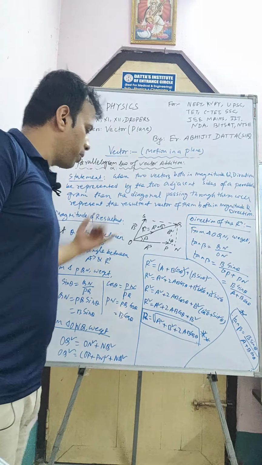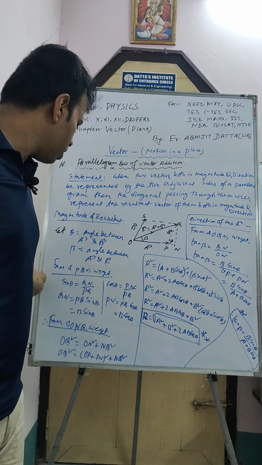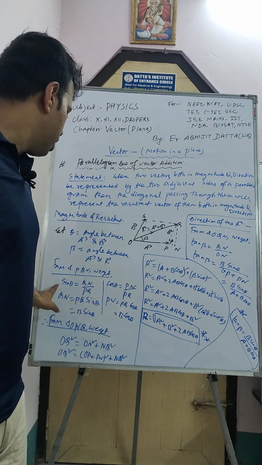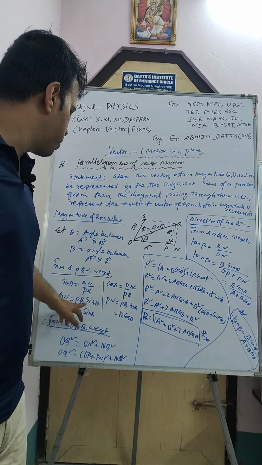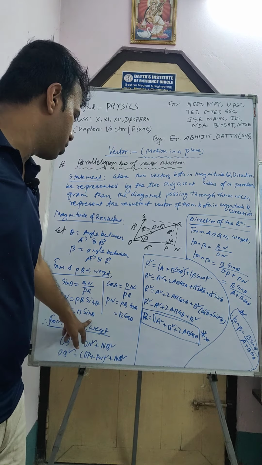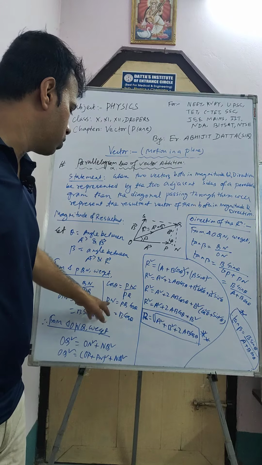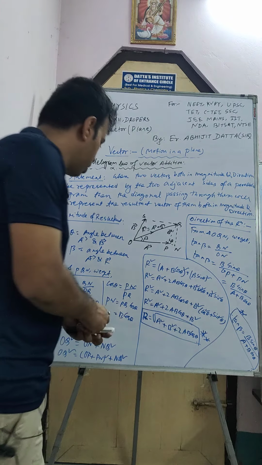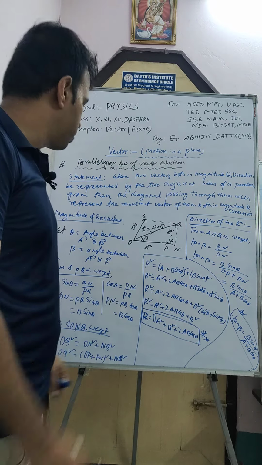I explained this type of explanation there. So look at this triangle, and sin theta is what, sir? QN by PQ. That is QN is PQ sin theta, and PQ is B. That is B sin theta. Now cos theta is what, sir? PN by PQ, that is base by hypotenuse. So PN is PQ cos theta. It will be B cos theta.